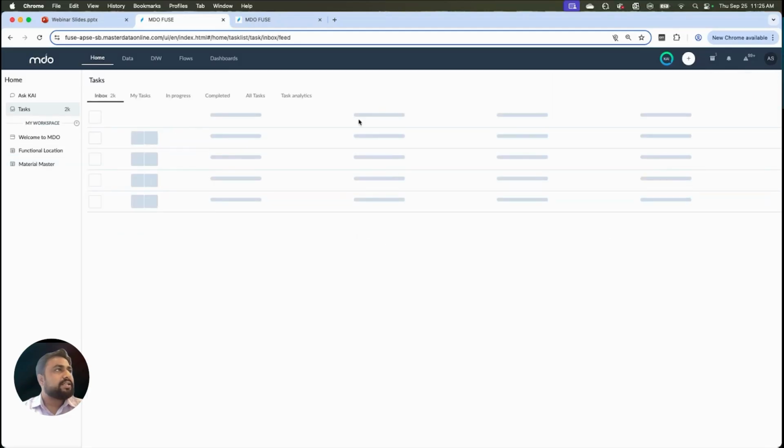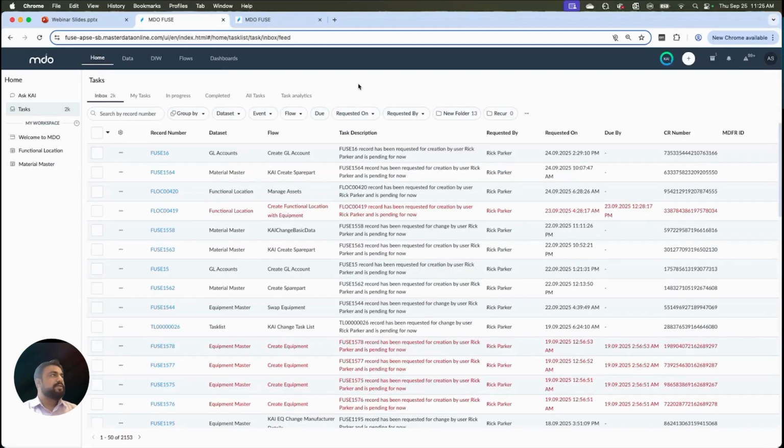So in the task section, we have multiple tabs like inbox, my task, and all of these. The inbox gives you a list of all the tasks from a flow perspective of which this user has been part of. And my task segregates those lists into a scoped list where the requests have been claimed by the user, then in progress records which are still ongoing, probably approved by the user, but still pending with some other steps. All that information can be tracked from the in progress tab.